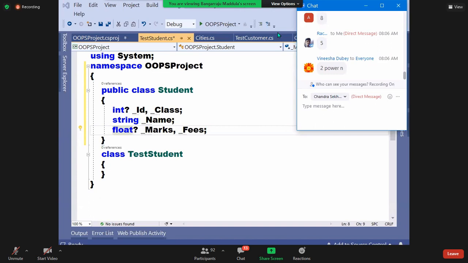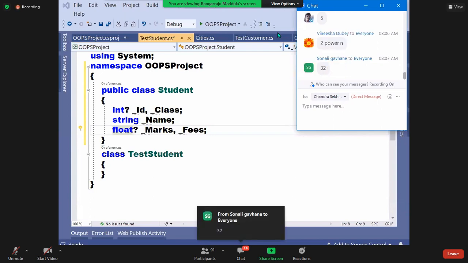In the constructor overloading class, I very clearly explained the concept of 2 power n, where n is the number of fields. How many? Tell me fast. 2 power 5 is 32. Hey, you don't know mathematics also. I very clearly said this particular problem. This is a big problem.